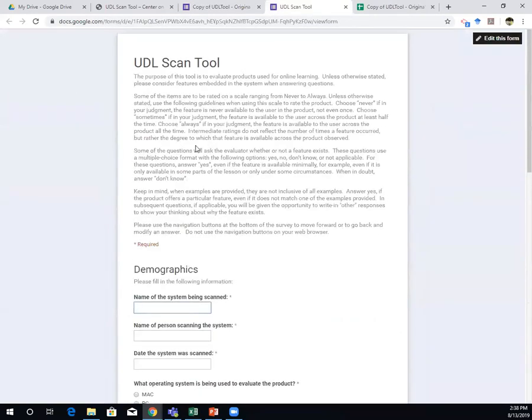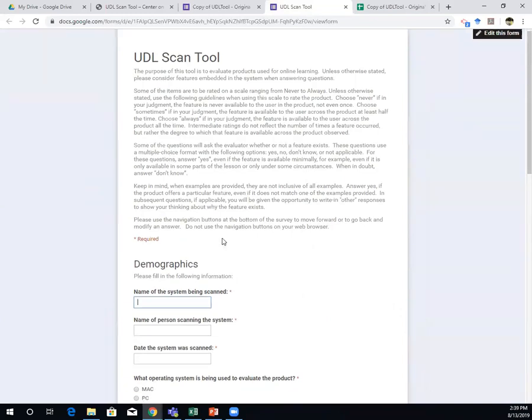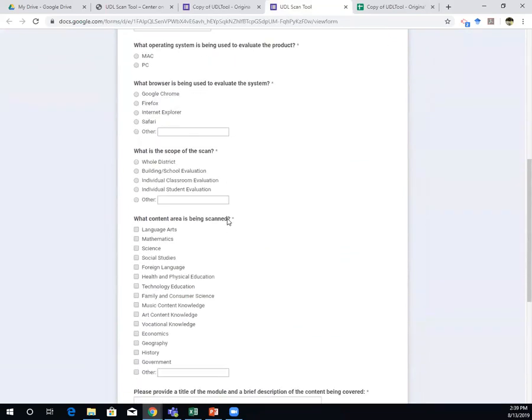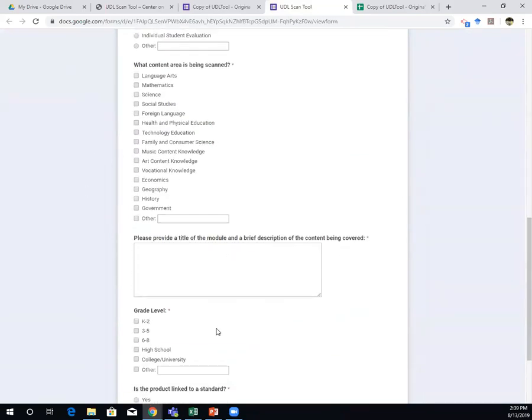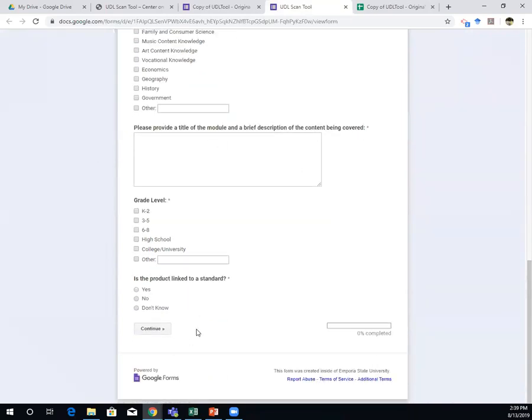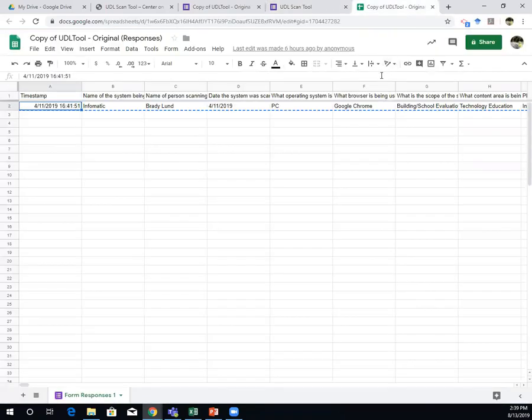And when you pull up the form, it's going to look like this. It'll look like any survey you would get through Google Forms, where you proceed through. The first page is demographic information. You're going to enter information, basically just for your benefit, describing the product you're evaluating. As you continue on to further pages, it's going to ask questions at a more